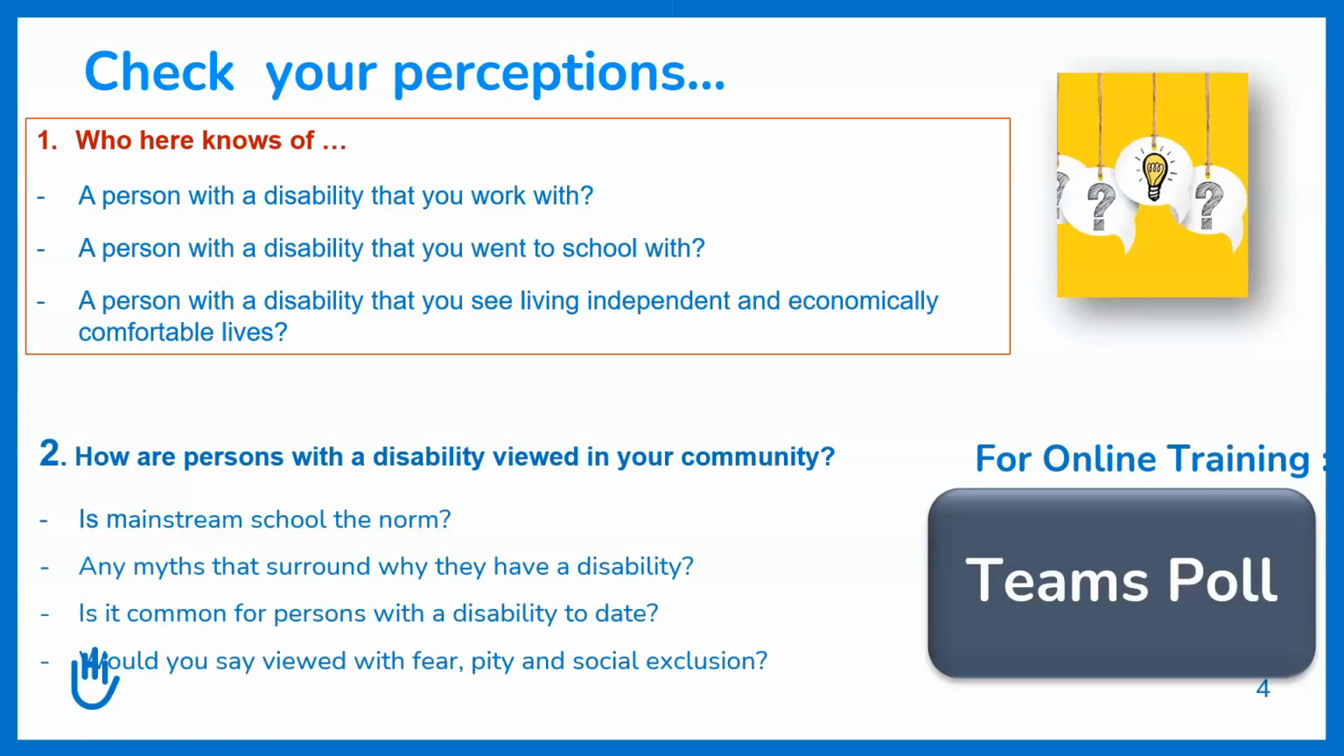Then we also think about scenario 2 of a person's ability, how they are viewed in the community. Like, for example, in a school, are they in a mainstream school? Are they seen as being part of the society? Are they seen as a special student? Are they seen as a person who needs some special care? Is it common for a person's ability,